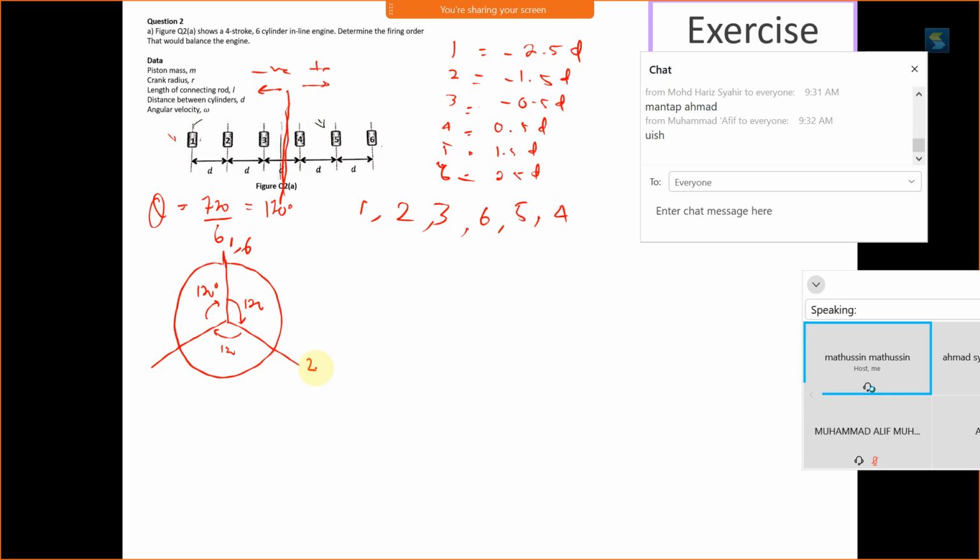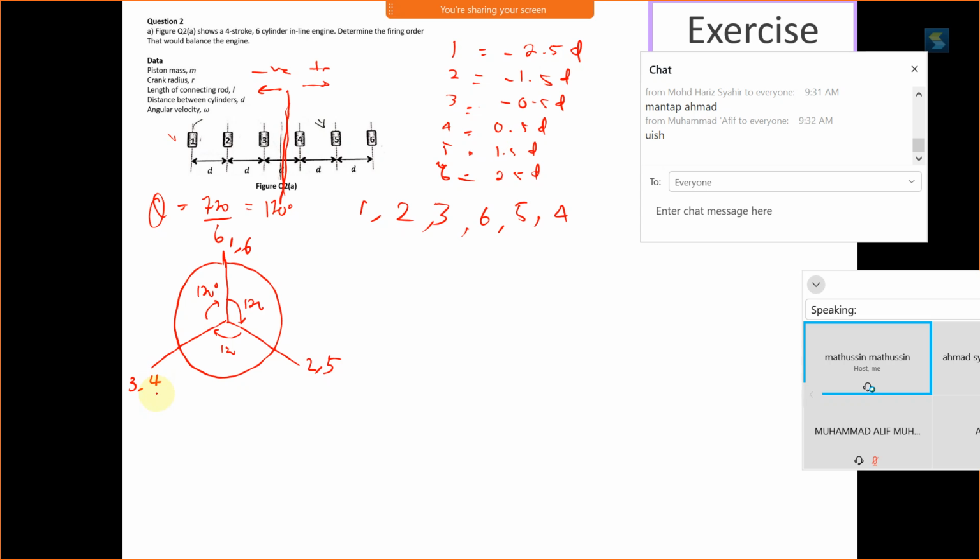For example, let's say we put 2 is here. Kita tahu 2 adalah negatif 1.5. Jadi, untuk balancekan dia, we should put berapa? 5. Dekat sini kan? So, 2 dengan 5. And last one, kita ada 3. 3, nak balancekan dia, kita kena letak